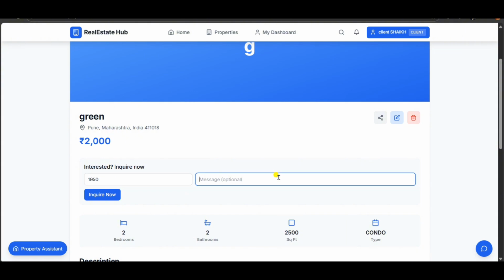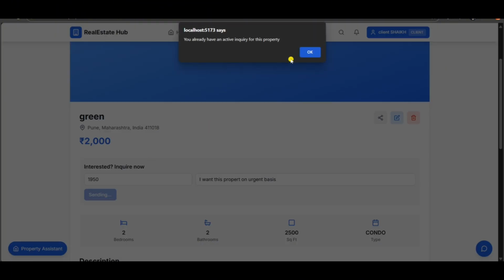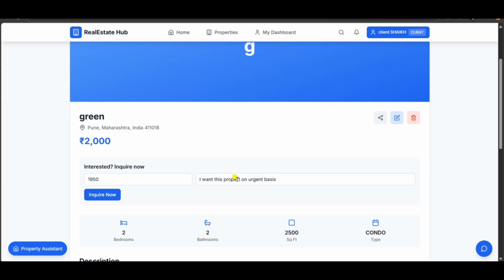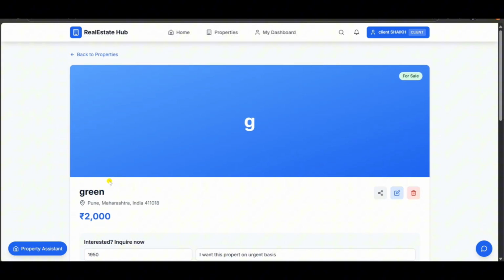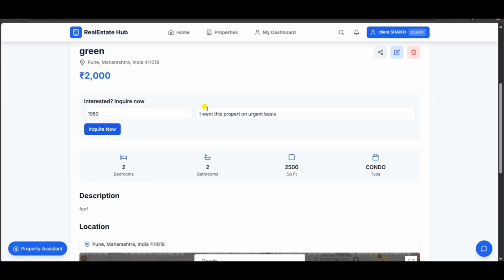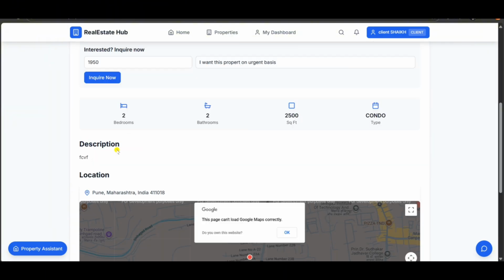So let's offer a 1950 price. And at 1950 price, what we will do here, I want this property on urgent basis. So what will happen here, I want to do inquiry. Okay, and I'm offering a really good price. And okay, inquiry is successful, guys. And after inquiry is successful, we can